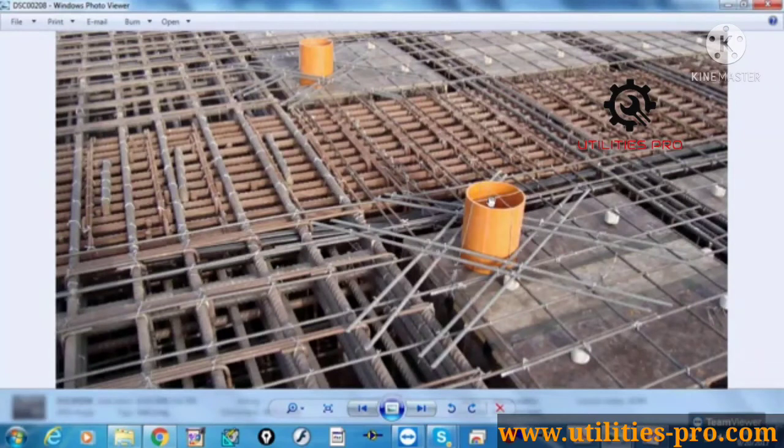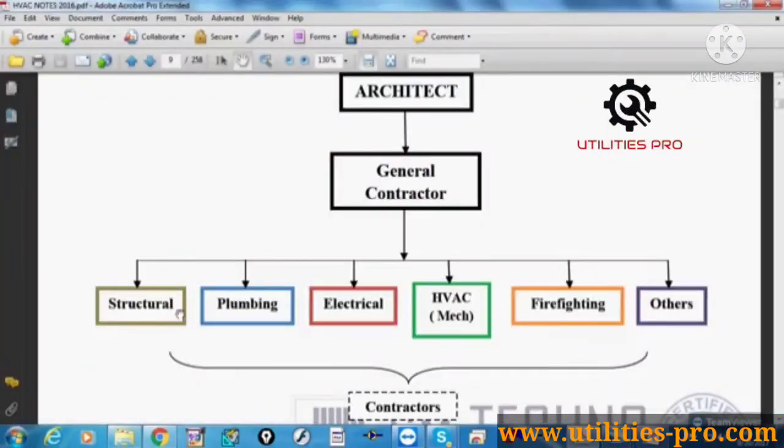Because if you do not align, for example, from this sleeve the pipe will run to the next floor. Suppose a 10th floor building, and one pipe is running from the ground floor to the top floor. So these sleeves must align with each other, na? In one floor, second floor and next floor, it should be with the same alignment. If in one floor it is at one location, and in another floor it is moved 2 feet or 3 feet, it is very difficult. So they will ask you to visit the site and verify the location of all the sleeves in construction. So at the time of structural work, partly the plumbing work also completes, especially these sleeve locations.